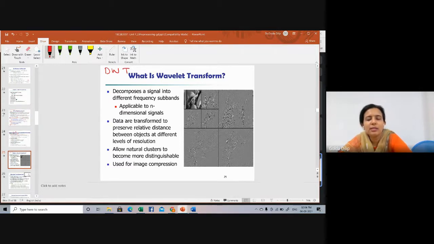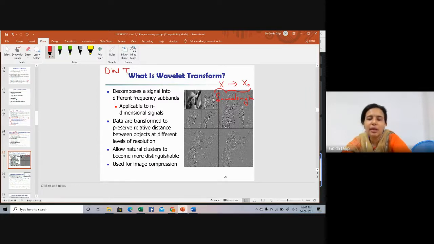So this discrete wavelet transformation is a linear signal processing technique. When it is applied to some data vector, let's say X, X gets transformed into X naught, but both will be of the same length. Now you might ask, if both are of the same length, what data reduction am I going to do? Because when we speak about data reduction, and one vector is transformed into another of the same length as the original data, what does it have to do with data reduction?